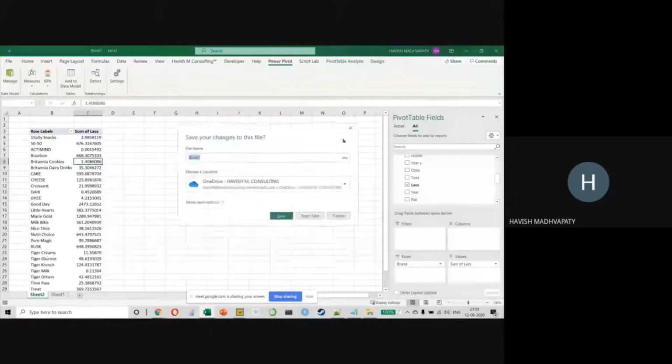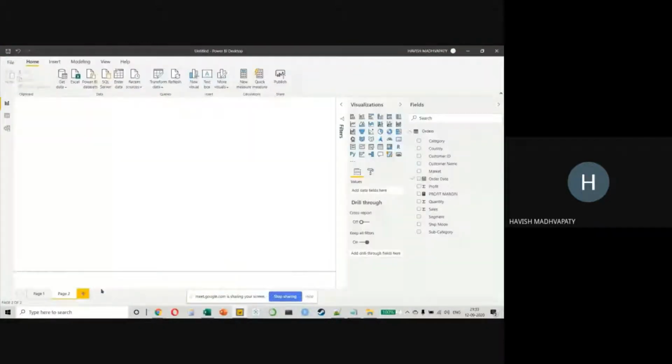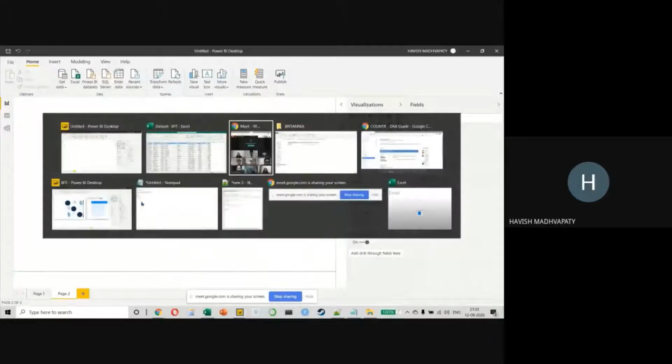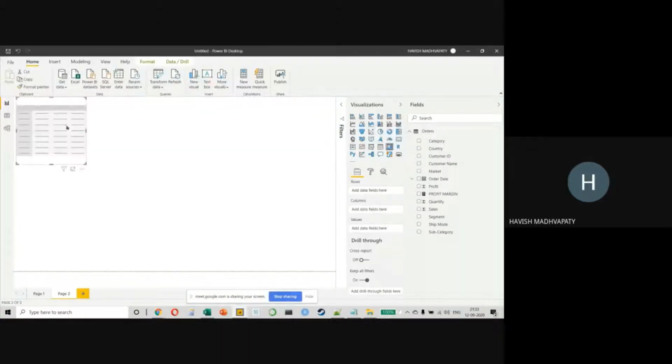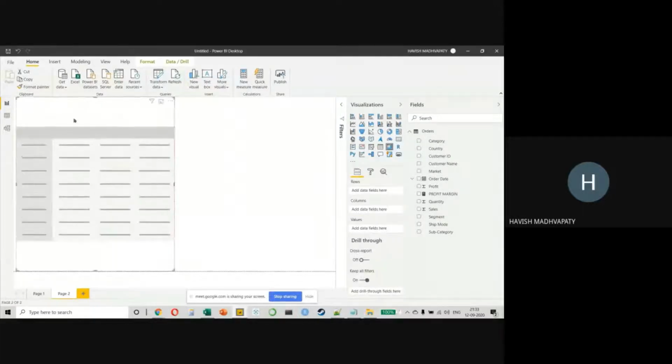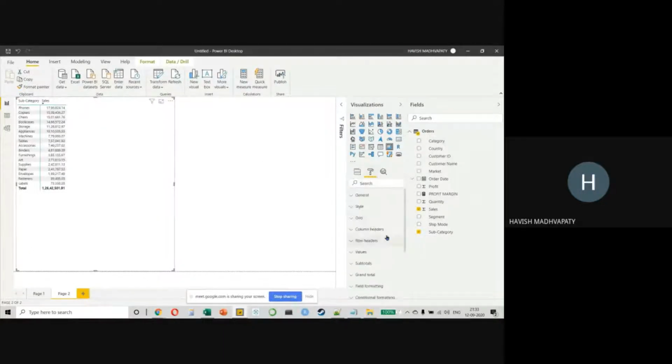All right. But now I want to show you how do you create a Pareto chart on Power BI. This is, like I said, tougher than it seems. But let's take it up as a challenge and then work on this. The first thing that I want to do is I will create a table. So we select our matrix. And in our matrix, we will have nothing special. We just keep a subcategory in our rows, and we will keep the sales value in my values. And we get this, right? If I want, I can also sort the data, and let me also increase the font size so that you can see this properly.